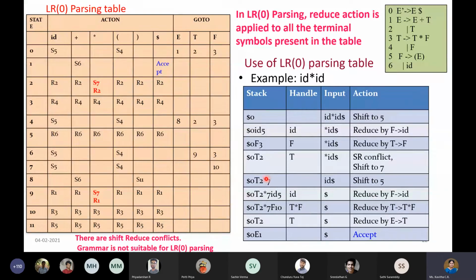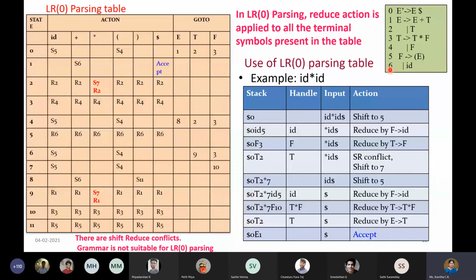So after pushing this, now I am pointing on ID because star is not there. At 7 on ID, what is there? Shift 5. That is shift to 5. So you are going to perform the shift operation. You are going to push ID onto the stack, and then the next state is nothing but 5. So you maintain that. Now again you have to see whether you're going to continue with the shift or reduce action. How do you decide? It is very easy because our table is there. At 5, and now I am pointing on dollar. At 5 on dollar, you see what is there. It is R6.